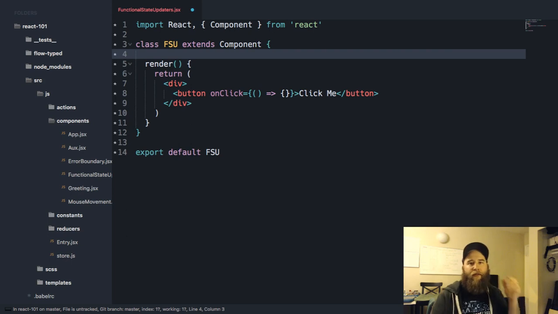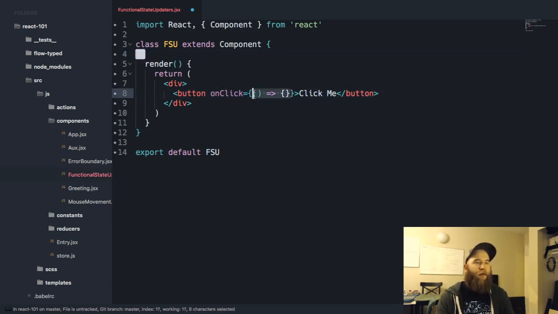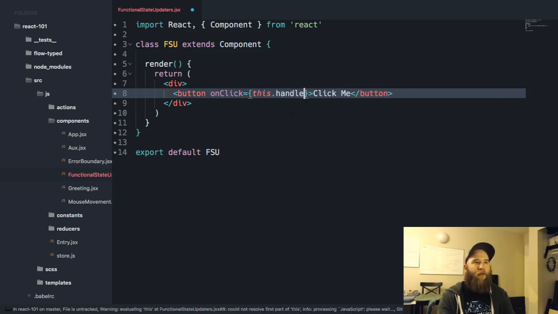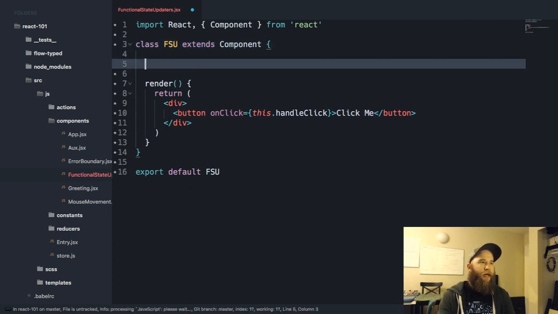If you remember last week, when we make a method on a component in the class API, you have to bind it to this instance of the component. Otherwise, methods won't work. So, for example, if I want to say this.handleClick, I'm going to have something handle the click event. And I go ahead and make the handleClick method.